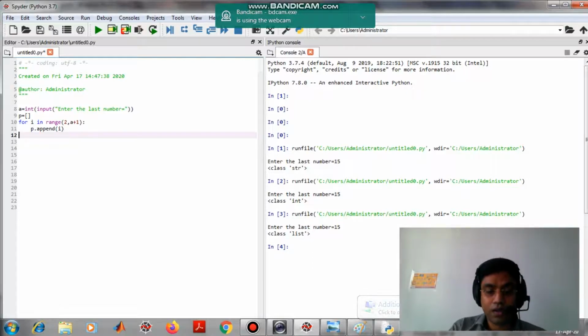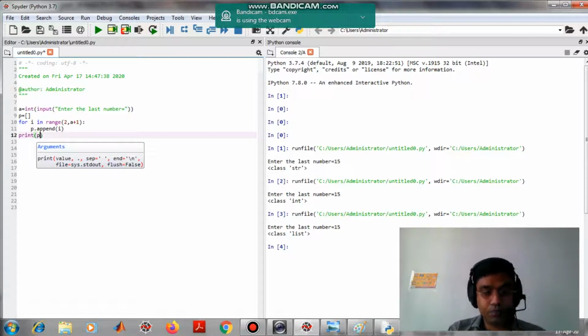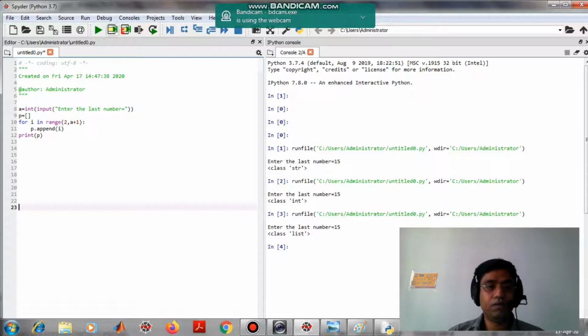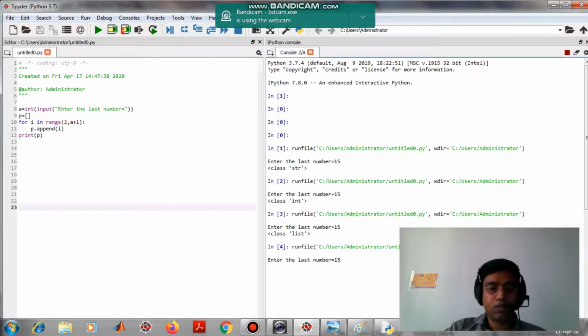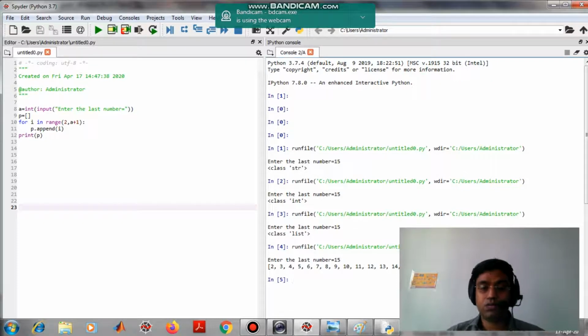So you can give the print command, print P, and run this code. You want up to 15. So here is your list: 2, 3, 4, 5, 6, 7, 8, 9, 10, 11, 12, 13, 14, 15.